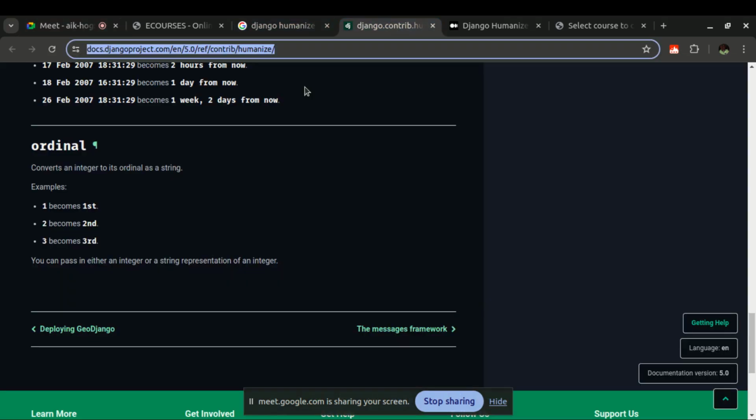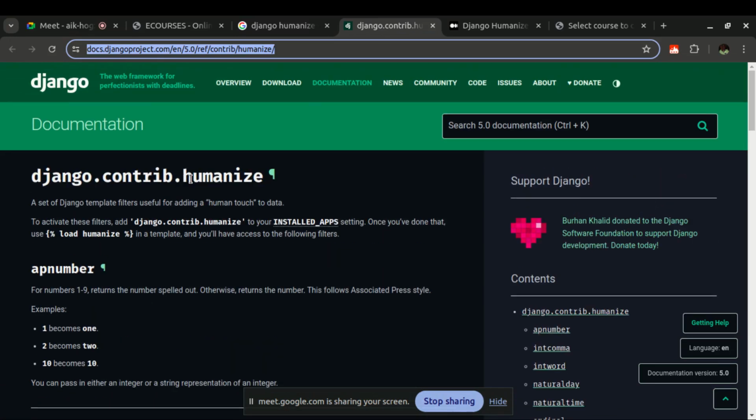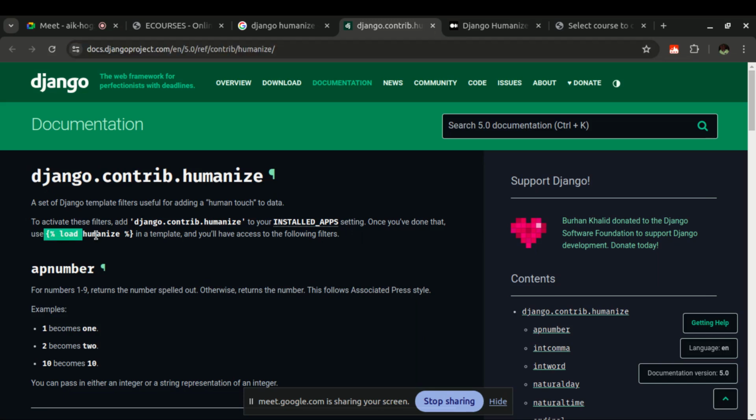And I think we have just identified that we have everything included here. What I was just trying to explain is that you just need to add this right in your installed apps. Once you do that, in your template you need to load this, load humanize, then it's from that point that you can now make use of whichever tag that you want to make use of. All right,